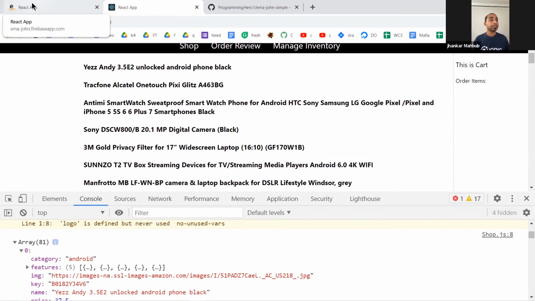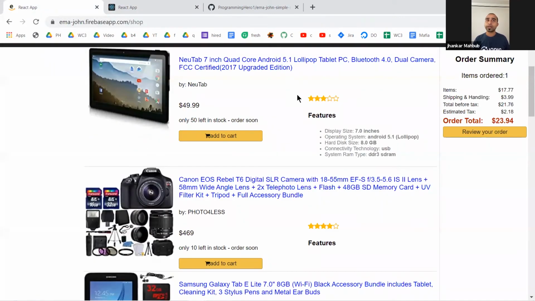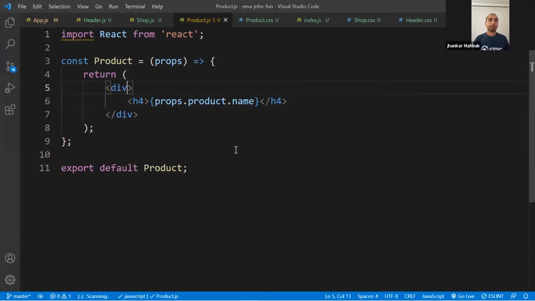And so we did something, but we want to do it this way. This way means it will have an image, it will have something like this. So we can make it a little bit different. So this would be our class, and this would be our product container.